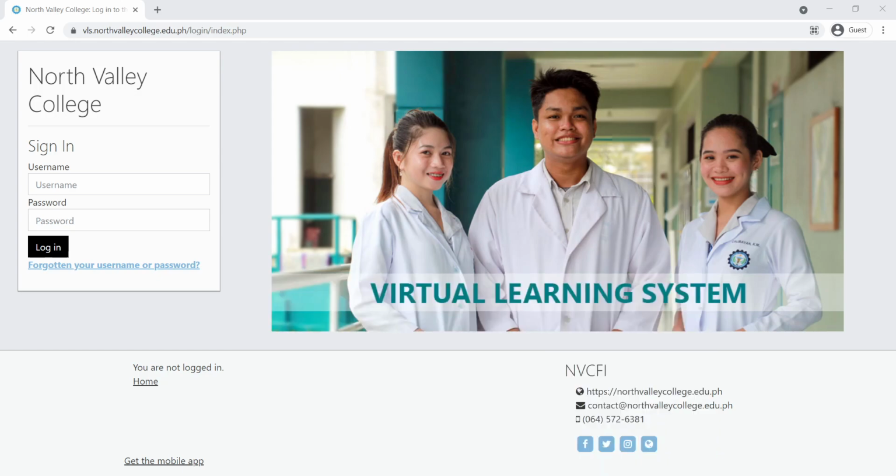Now, to access our VLS account, let's go to the website vls.northvalleycollege.edu.ph and click enter, which will lead you to our login page where it will ask you for your username and your password. For the information of everyone, your username and password will be given to you by your department